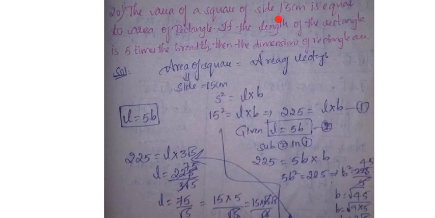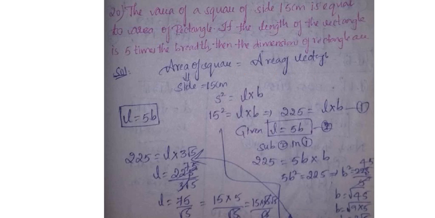The area of a square of side 15 centimeter is equal to the area of the rectangle. Okay, they have given the side, the square is there, no? For the square they have given the side. One side is 15 centimeter, which means in a square all sides are the same. 15 times 4 is 60, which will be the perimeter. Here they are asking that the area of the square of side 15 centimeter is equal to the area of the rectangle. So what I wrote here: area of square is equal to area of rectangle. For the square they have given 15 centimeters already. For the rectangle's area, length and breadth they have not given.